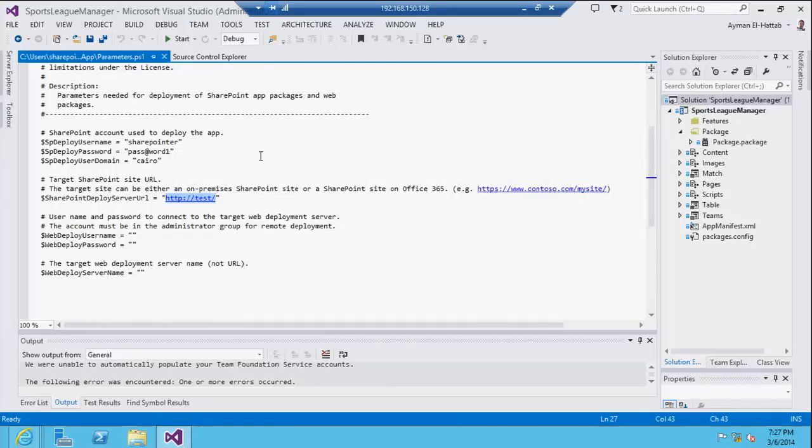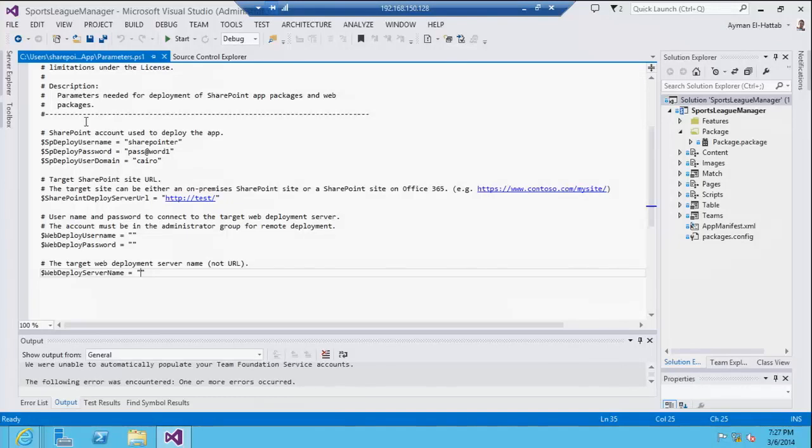In case of provider-hosted apps, you will need also to enter the server name of your web server that will host the web component, and the username and password to connect to the web server. Another consideration, if you are deploying to SharePoint Online, you will need to install the SharePoint Online management shell on your build controller or on your build machine.